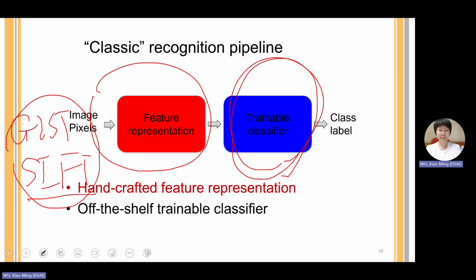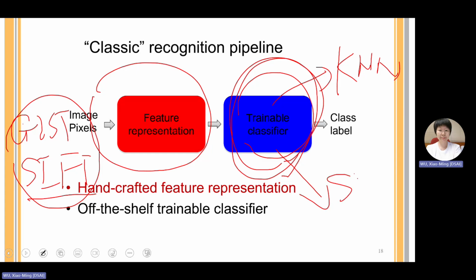The simplest one is k nearest neighbors. This is the simplest classifier everybody knows. What else? Decision trees, right? As well as